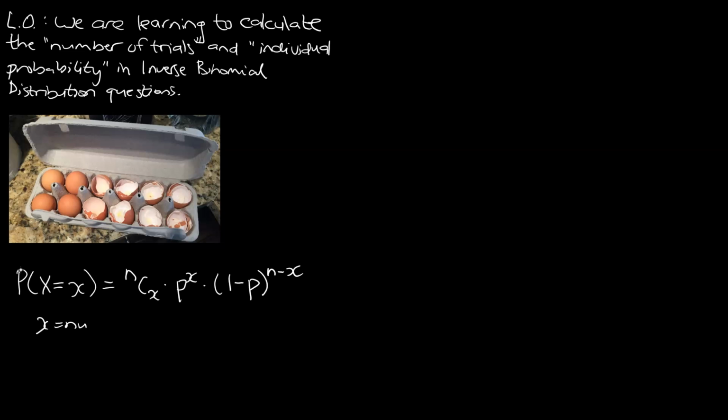So x relates to the number of successes that we're interested in, n relates to the number of trials, little p is the individual probability of success,